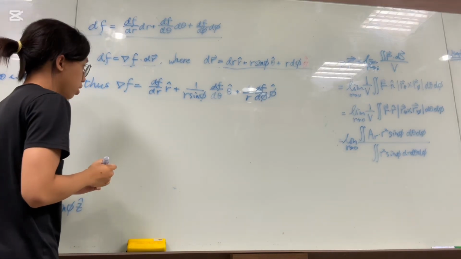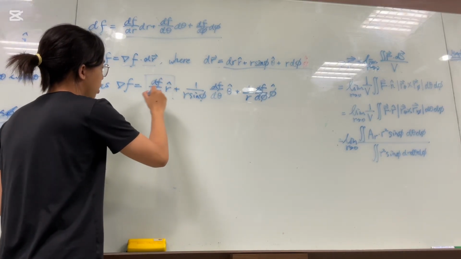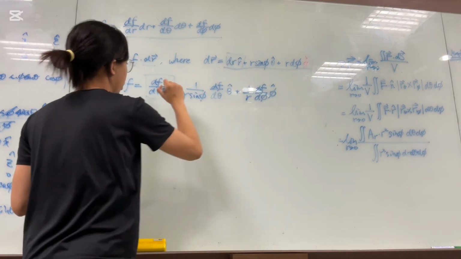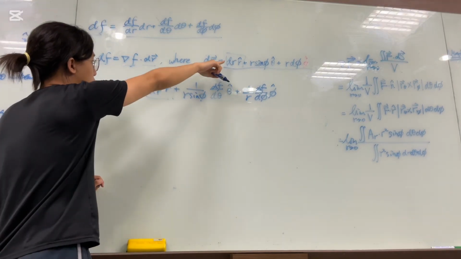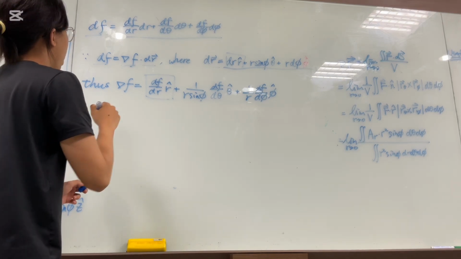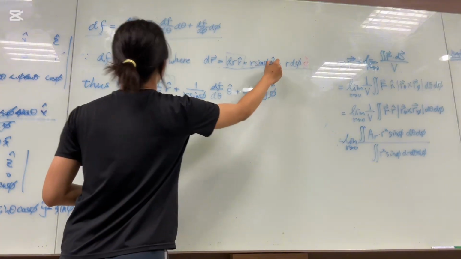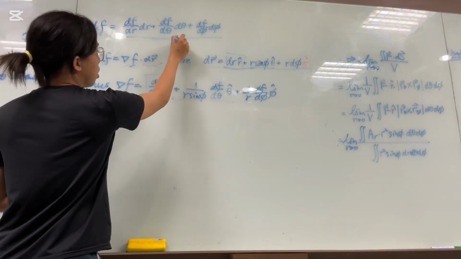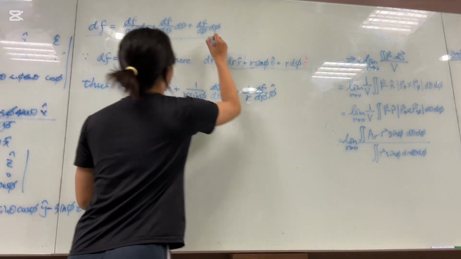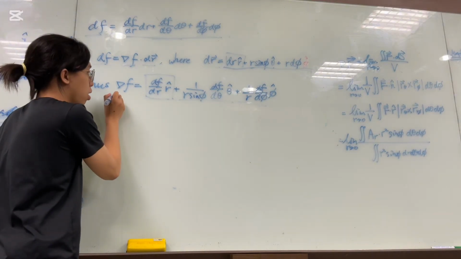And so we check the r component, times this, and the r cancels out, and we have dr. So we have this, and this times this equals this, and this times this equals this. So this is the gradient form of